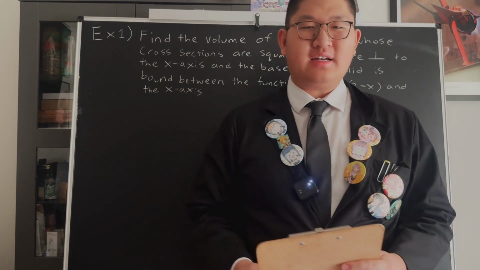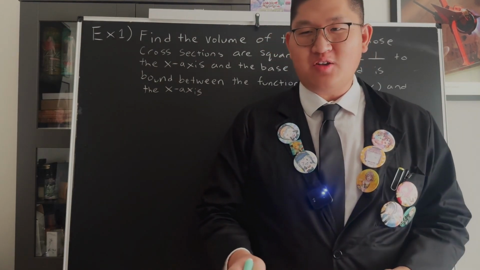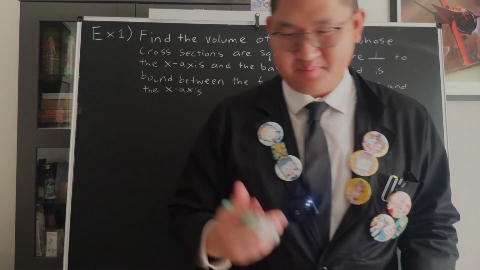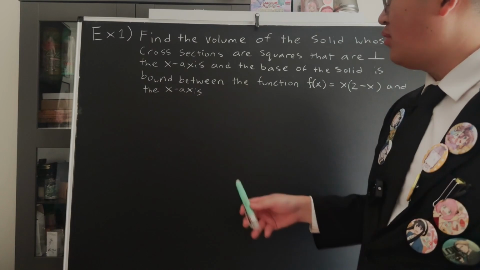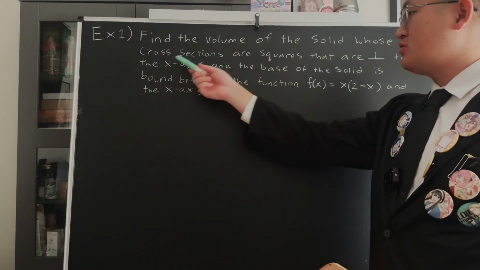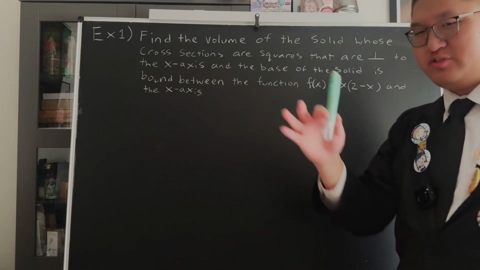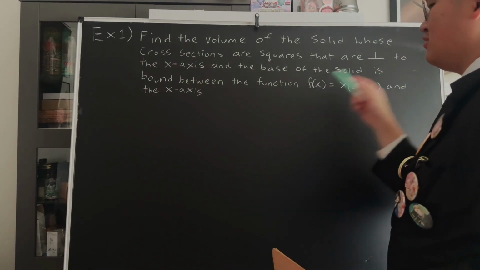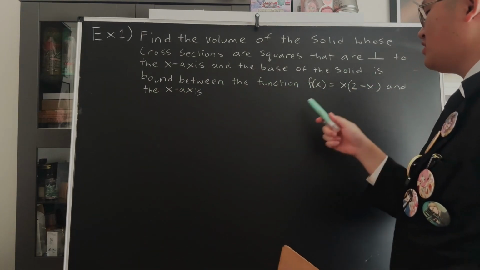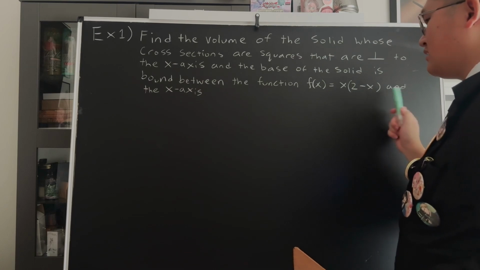And here we are back again with some example problems on solving the volumes with given cross-sectional areas using integrals. So we have here on problem number 1 that we are going to find the volume of a solid whose cross-sections are squares that are perpendicular, that good old geometry sign, perpendicular to the x-axis, and the base of the solid is bound between the function f of x is equal to x multiplied all of 2 minus x and